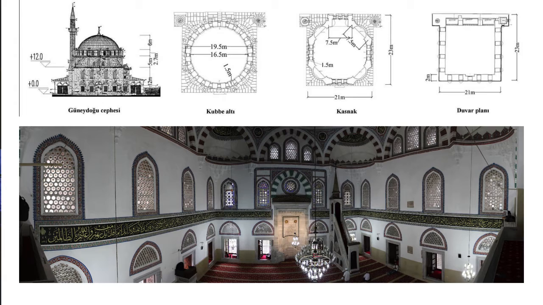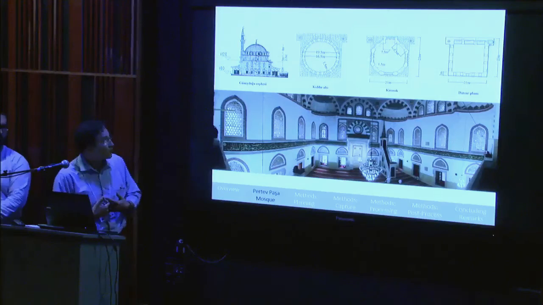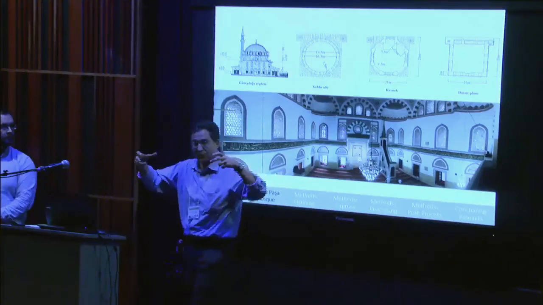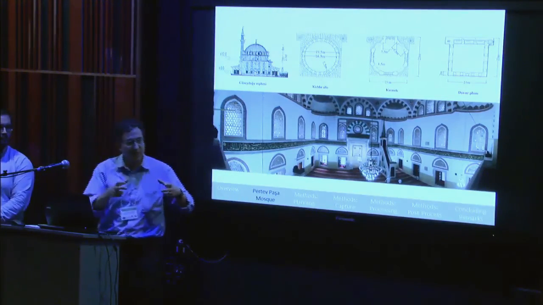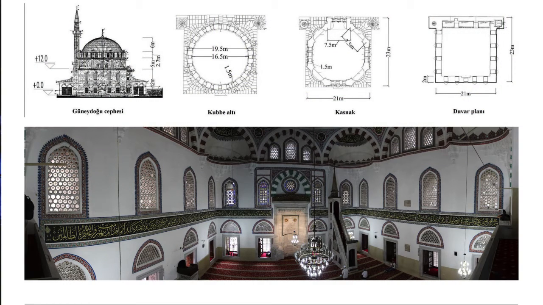Some of the things that you'll notice that are important is you've got the band of calligraphy that on first glance may look very similar, but it's all got unique lettering and unique text, which becomes critical in trying to match up those photographs. You'll also notice that we have what are called squinches, which are these 4 half domes at the 4 corners of the building. And again, those become very critical, that inside there's decorative calligraphy in those as well. And that became a critical component in how we were able to match up and how the software was able to accurately create the